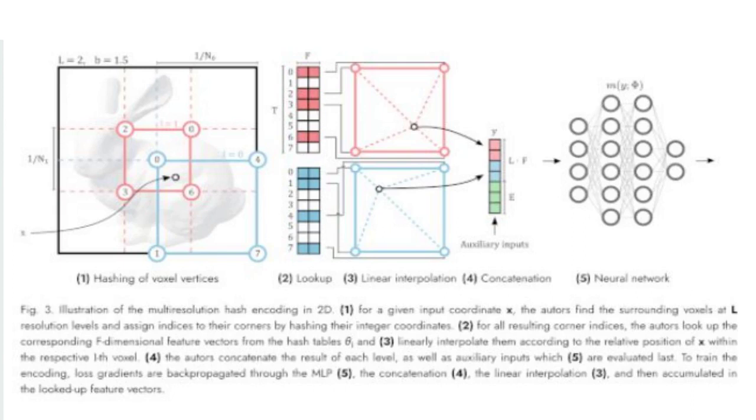The system defined 16 3D grids with resolutions from coarse, 16x16x16, to fine, 512x512x512. Given a point along a ray at a particular resolution, it located the positions of the 8 corners of the cell closest to it and hashed the coordinates to retrieve the corresponding embeddings. Then it interpolated the embeddings to calculate a vector that represented the point. It repeated this process at each resolution, producing 16 separate hash tables.